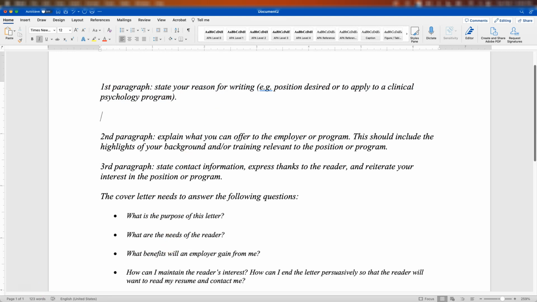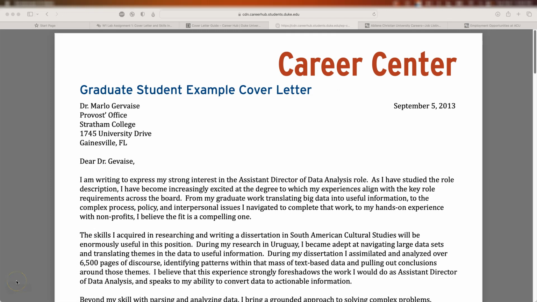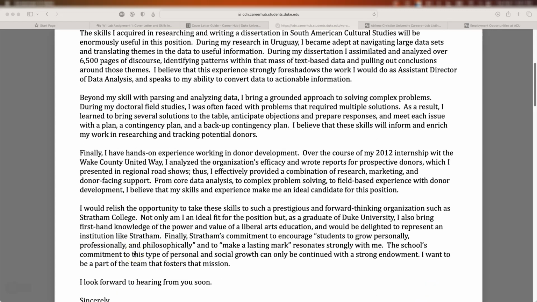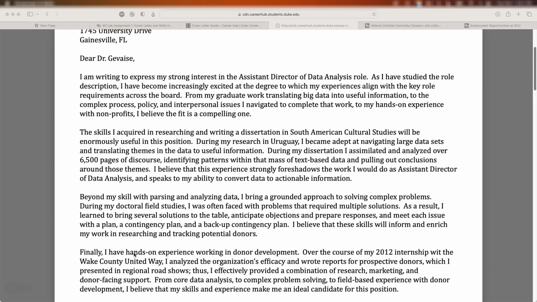Well, let's look at a sample cover letter first. Now, I just did an internet search for Duke University and sample cover letter. Most universities will have a career center or a writing center that has sample materials and guidelines. And if we look at this letter, we'll see that although it doesn't follow the 3-paragraph form suggested in this